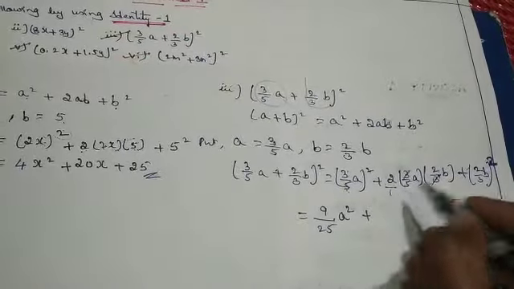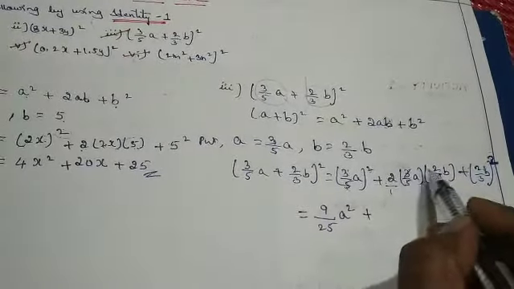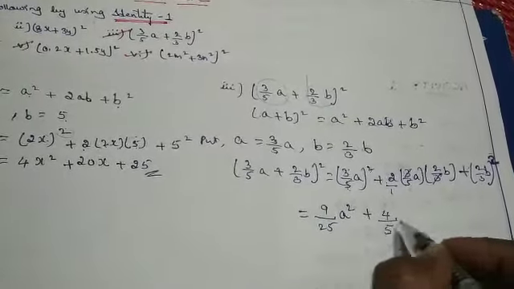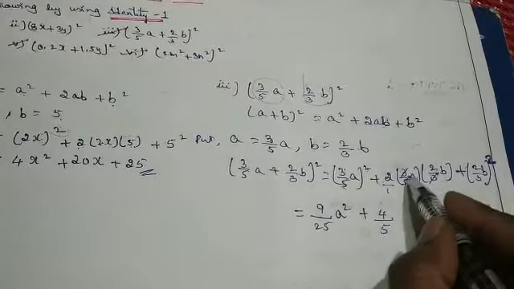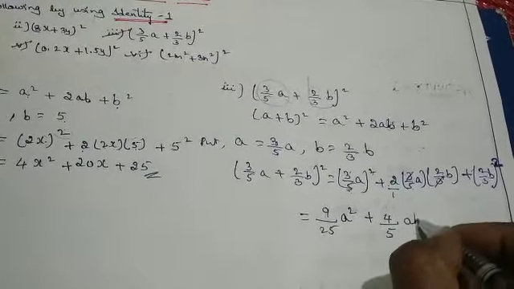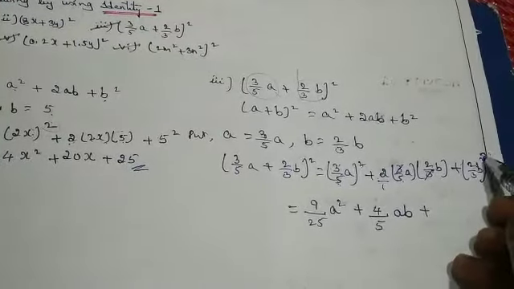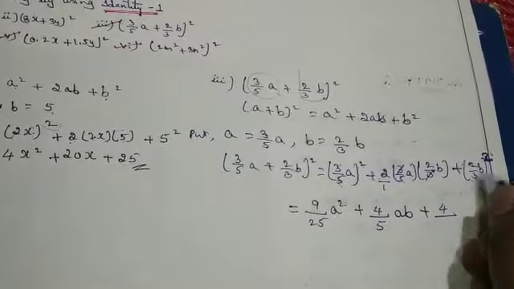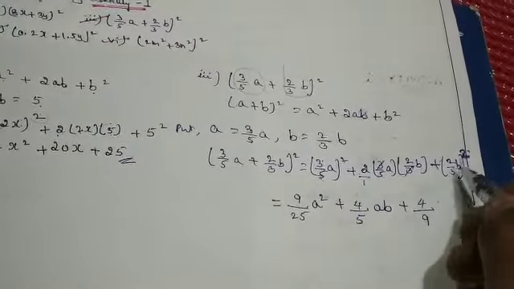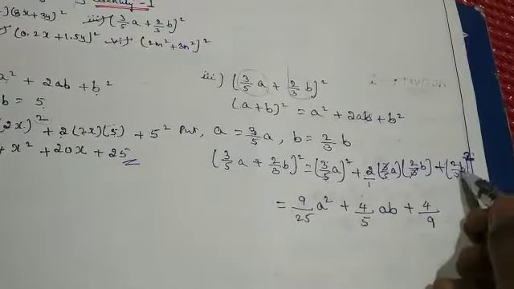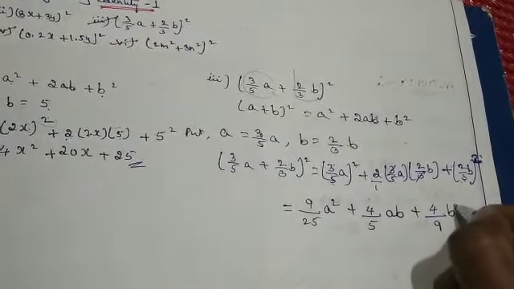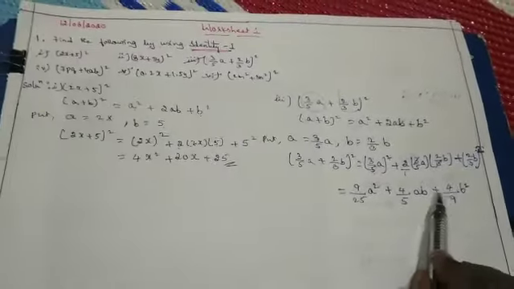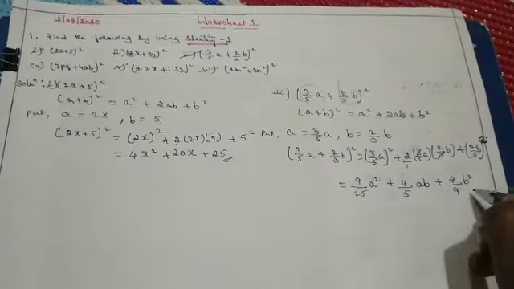So 2 is nothing but 2 by 1. So multiply numerator with numerator. 2 2s are 4, by 1 into 5 is 5. So numericals you have done. Go with the variables. A into b is ab, plus now equate the square for both. 2 square 4 by 3 square 9. So you have equated the square for the coefficient. Now to the variable. Square of b is nothing but b square. Here you can observe all are unlike terms, so no addition, no subtraction. So the solution ends here.